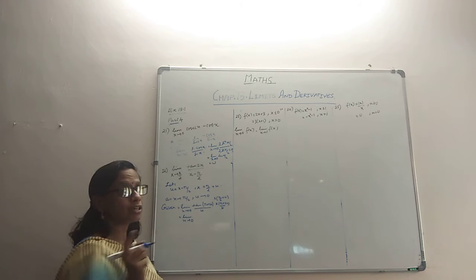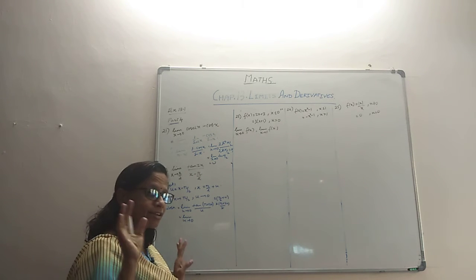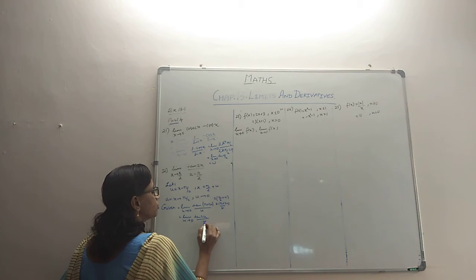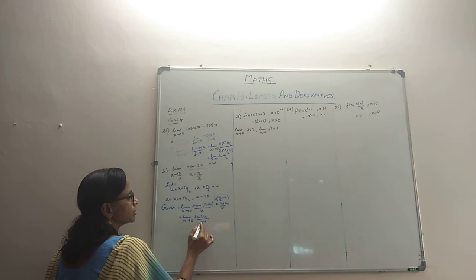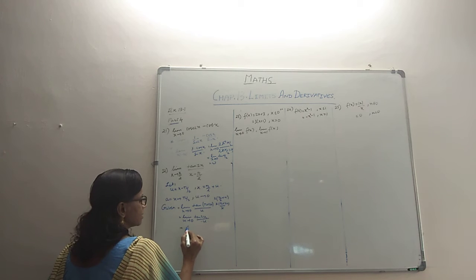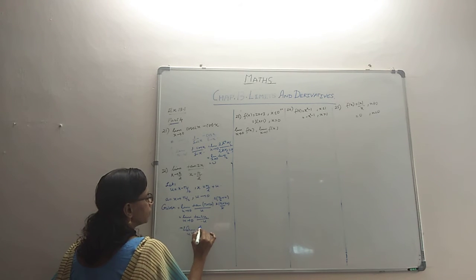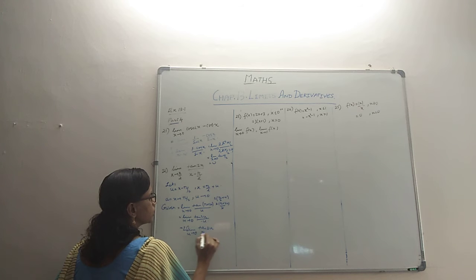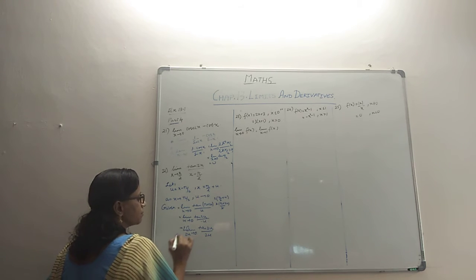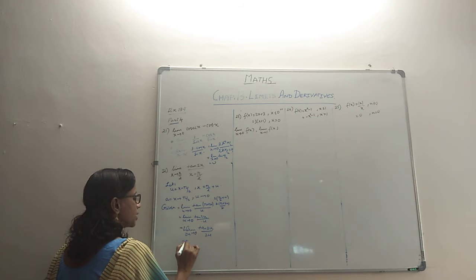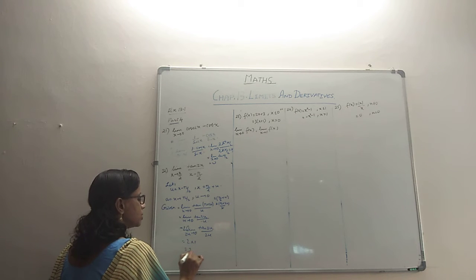Pi plus is in the third quadrant, and in the third quadrant tan is positive. So therefore it will become tan 2u by u. If you have to apply the formula here, this has to become 2u, but that's easy. We will get the 2 here, and then we'll put the 2 in the denominator also, so that the overall value doesn't change, but at the same time you have it in standard form. Now this is in standard form whose limit is 1. So 2 into 1, the value is 2.